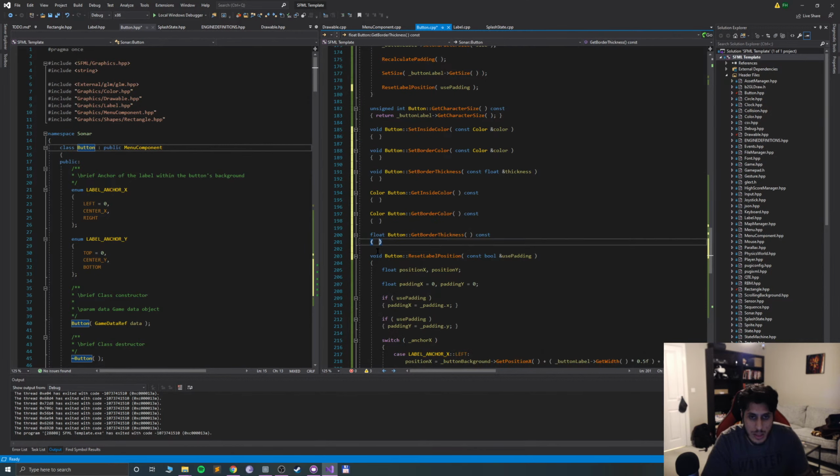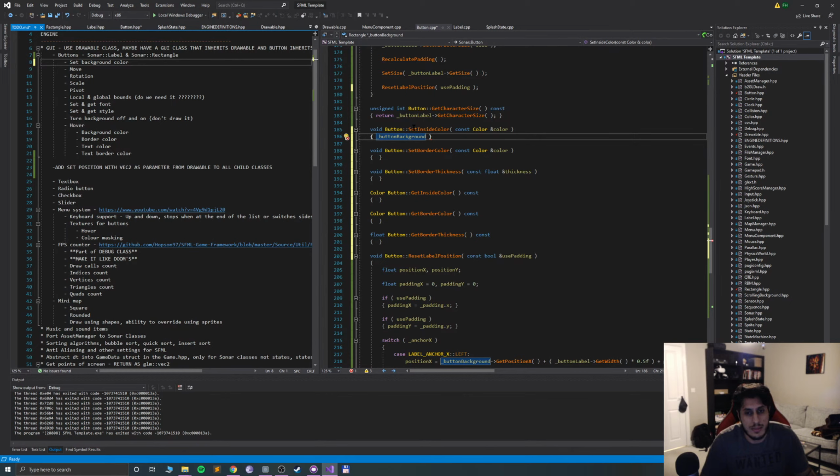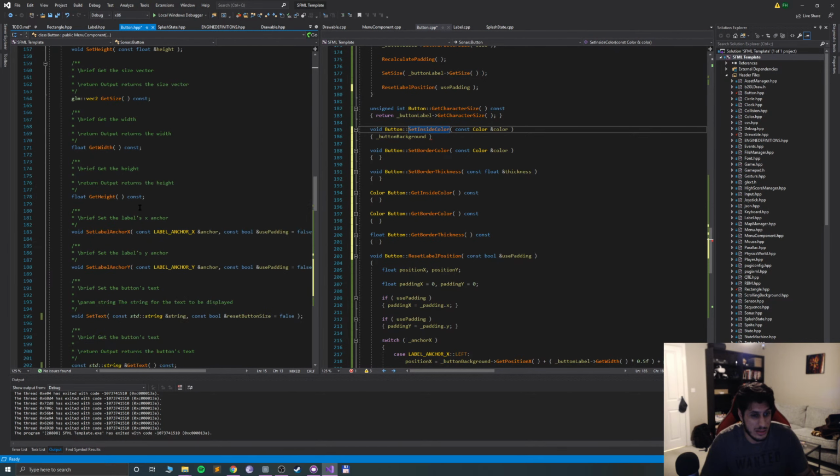Okay, so let's get to it. We are gonna say underscore button background. We need to set the label's color as well. Set background inside color. Yes, that's what they should actually be called. So if I go to button